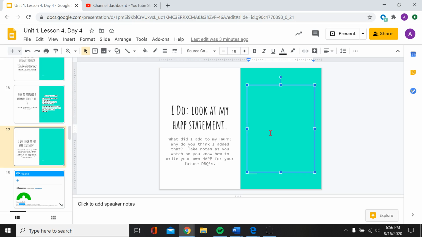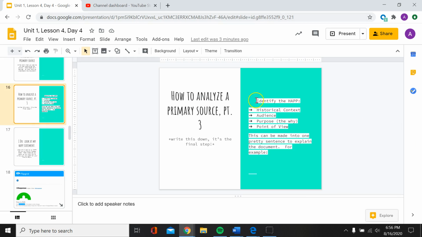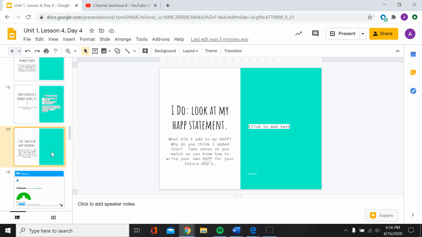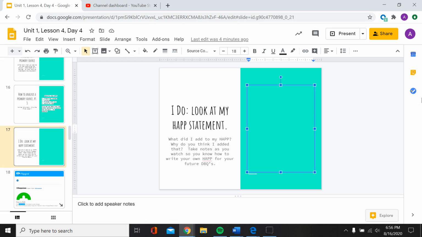All right, so my HAP statement. First, I want to think about who wrote this, right? If I'm thinking about who wrote this, I can make our first part of this, because this is how you identify the HAP. You give us the historical context, the audience, the purpose, and the point of view. So the point of view, you remember it's coming from a Chinese, what was he, you guys? He was a Chinese custom inspector. So I'm going to say the Kingdom of Angkor